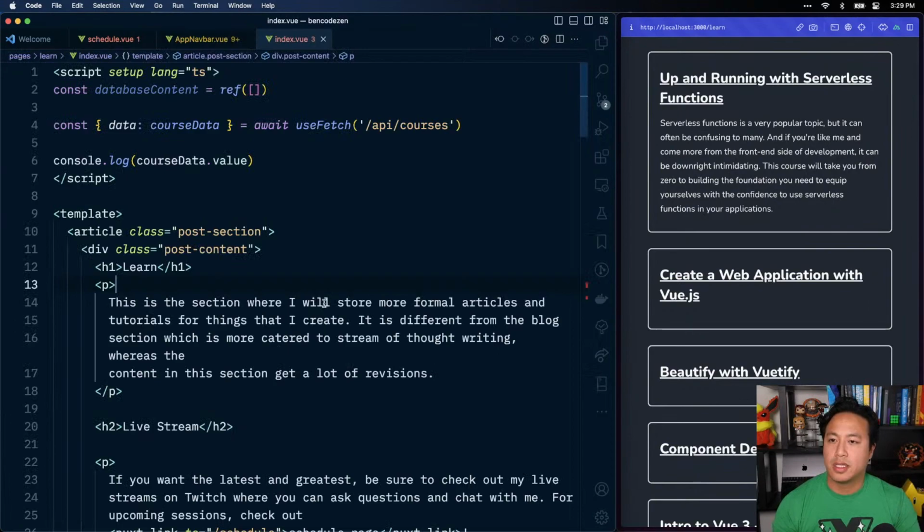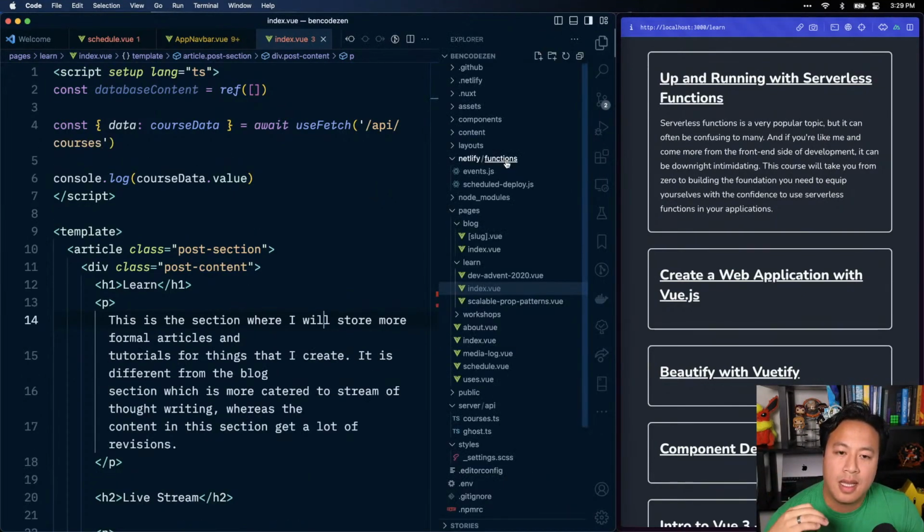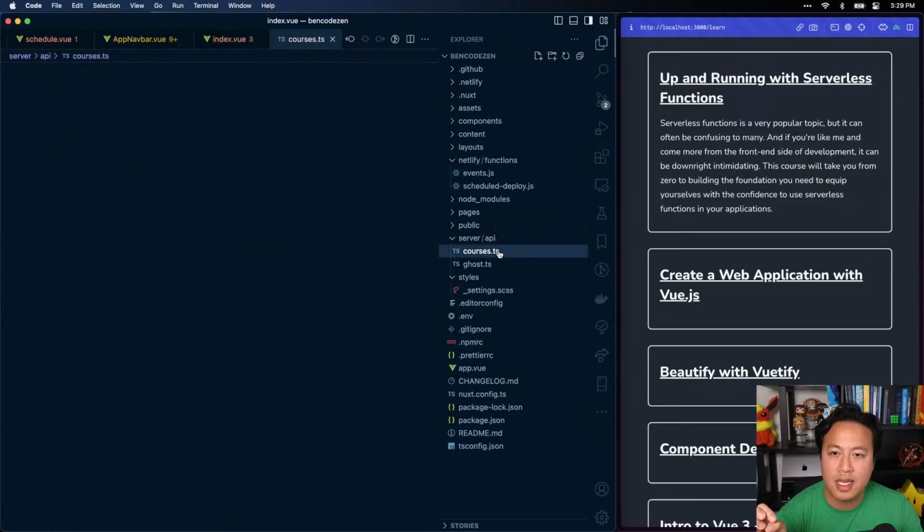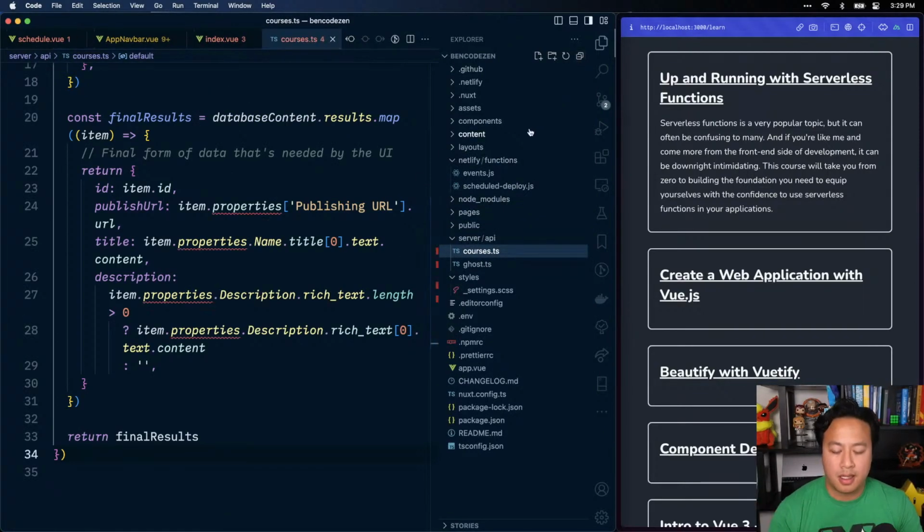My learn page is here. And so I have started playing around with the Nuxt 3 server or integrating it into my app. Basically, this used to be an actual function, a Netlify serverless function. But one of the things I really like about Nuxt 3 is that it's allowing people to just call it like functions the way they would use them. And then Nuxt 3 and Nitro take care of the deployment process and they'll figure out where it should go from that point on. So at this point, you'll see that inside of my routes, I have this courses server